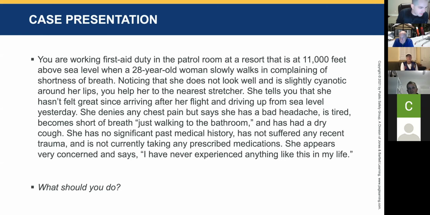We don't have the ability to do EKGs and other things on patrol. So by calling for EMS, you'll be able to get the other treatment plans like EKG, blood sugar, and try to figure out what could be the cause. But because we're at altitude and we're in the altitude chapter, absolutely, I mean, that's definitely what it is.